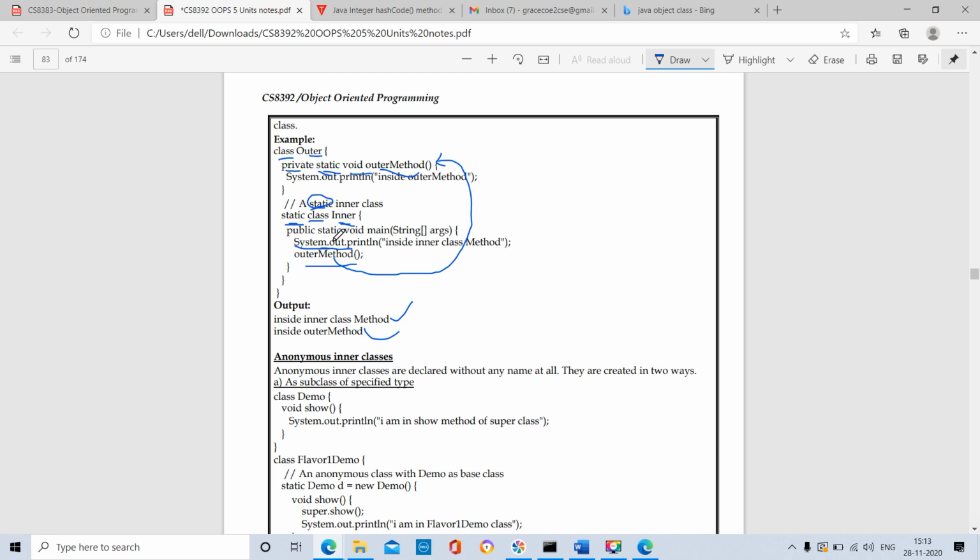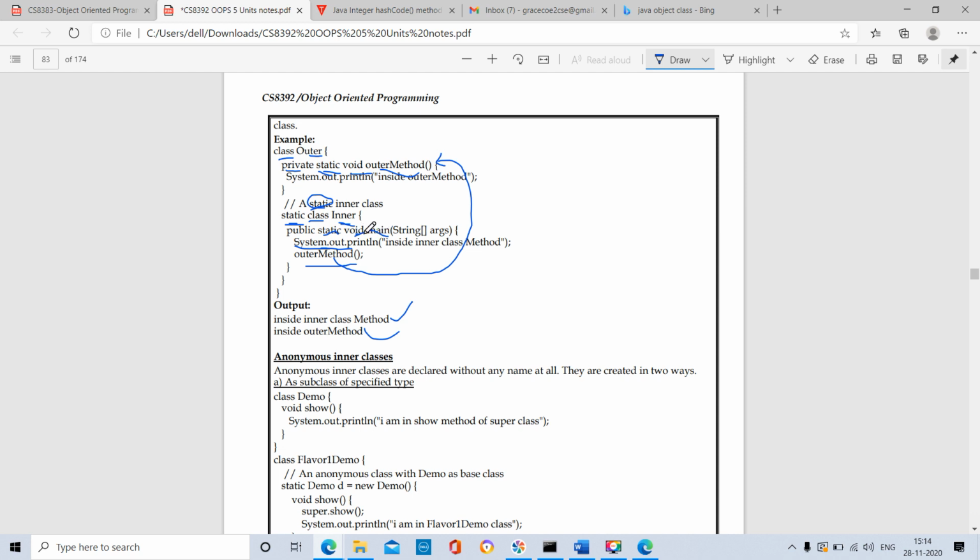That's why, in the void main method, we are using the keyword static. In all our examples, in all our application programs, we use the static keyword in the main method. Why? Because main is the first statement that will be compiled in our application program. So without any object creation, that statement has to run. For that purpose only, we use the static keyword in the main method.